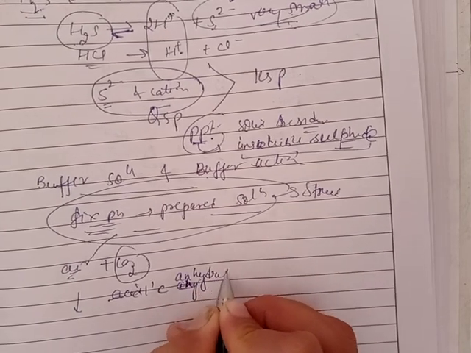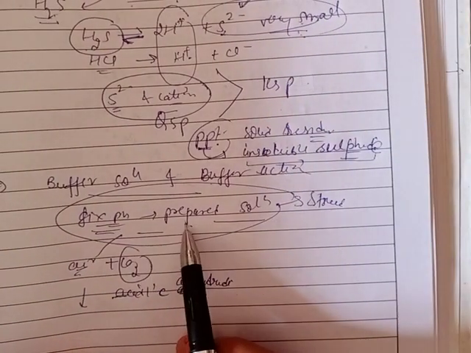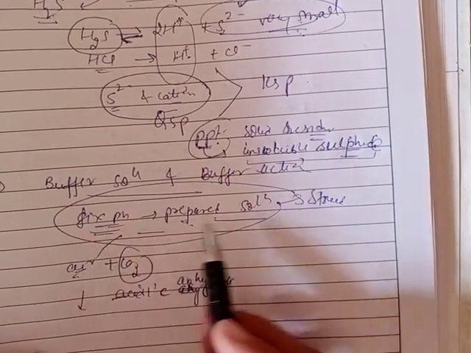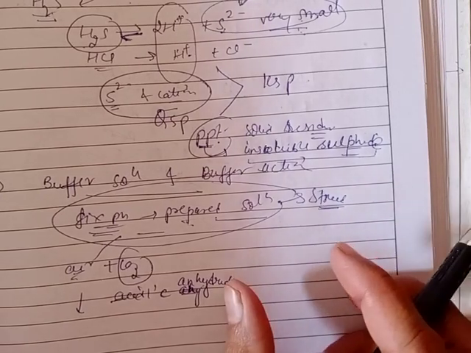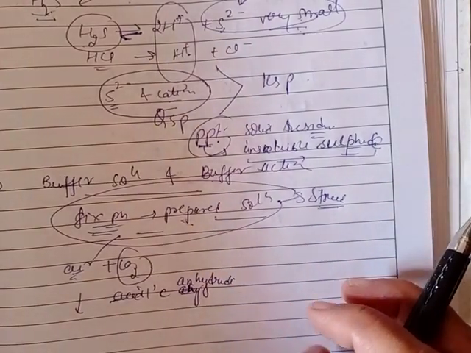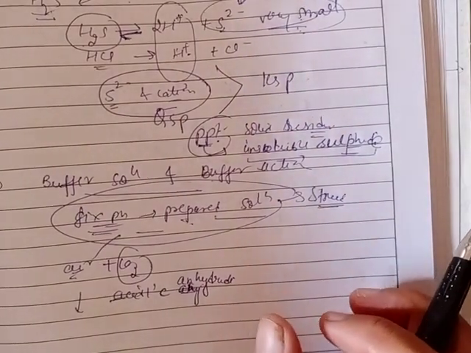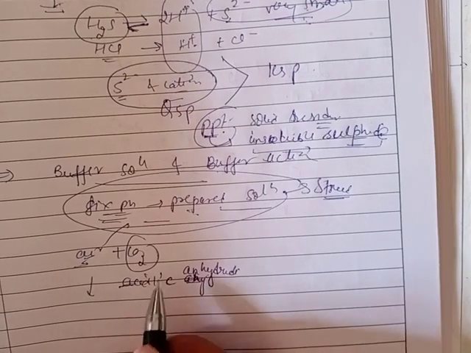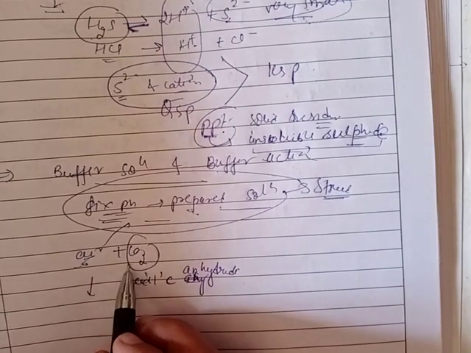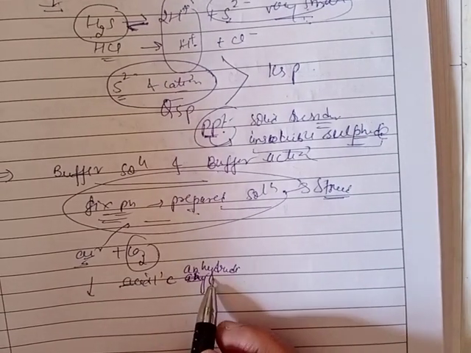Clear? Now we have prepared a solution having a fixed pH and we have stored the solution. The preservation of the solution is now more difficult. In which type of container will we have to preserve it? Suppose the solution comes in contact with air, it will absorb CO2, which is an acidic anhydride, from the air.